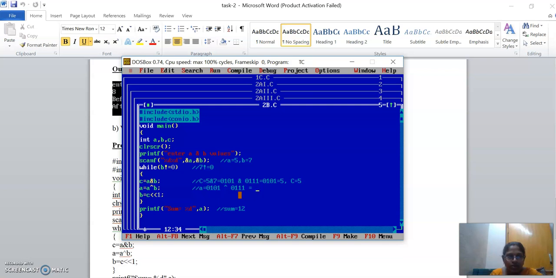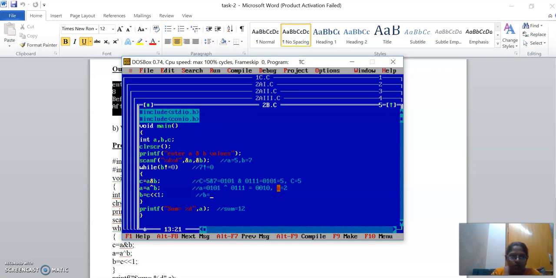XOR: 0 and 0 is 0, 1 and 1 is 0, 0 and 1 is 1, 1 and 1 is 0. That means A is equal to 2. Now here what happens?